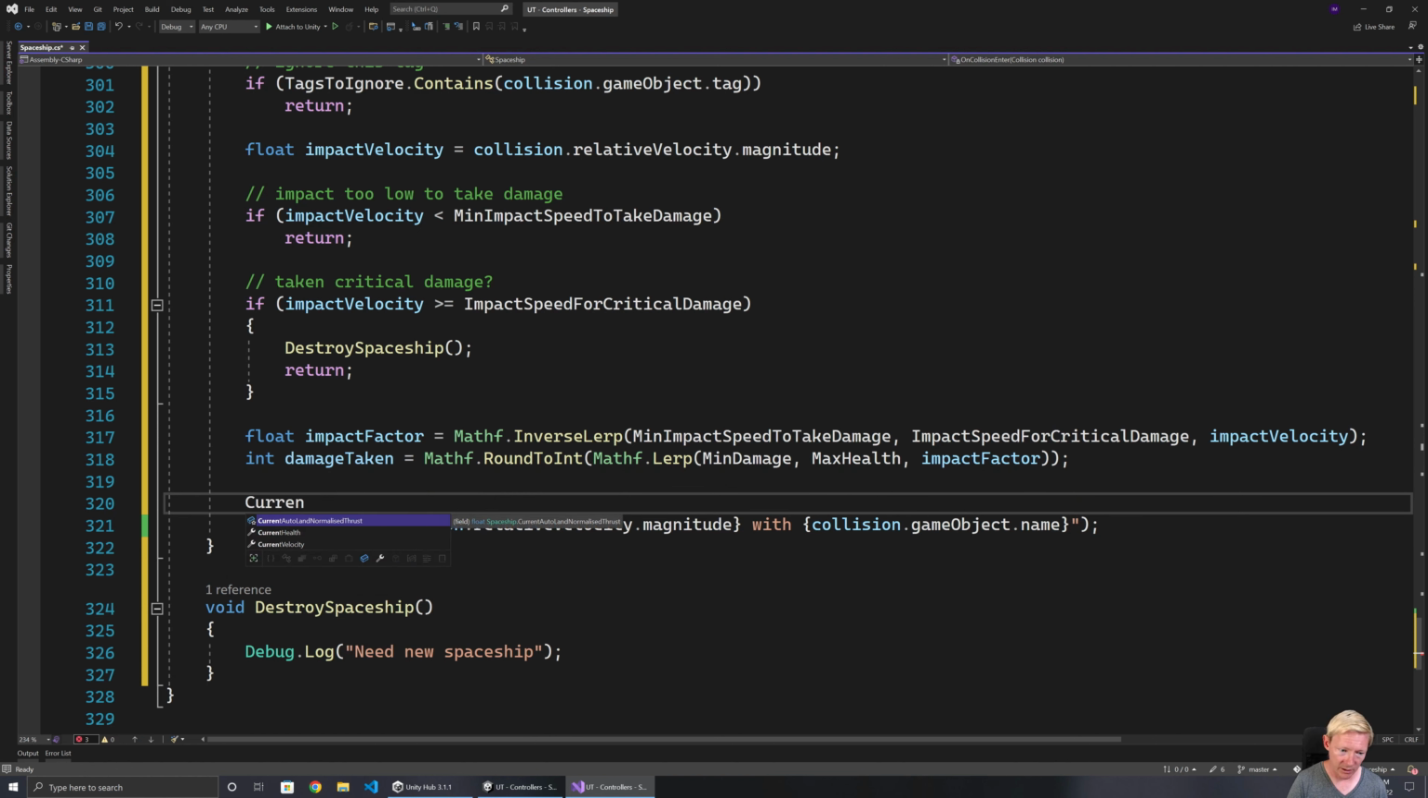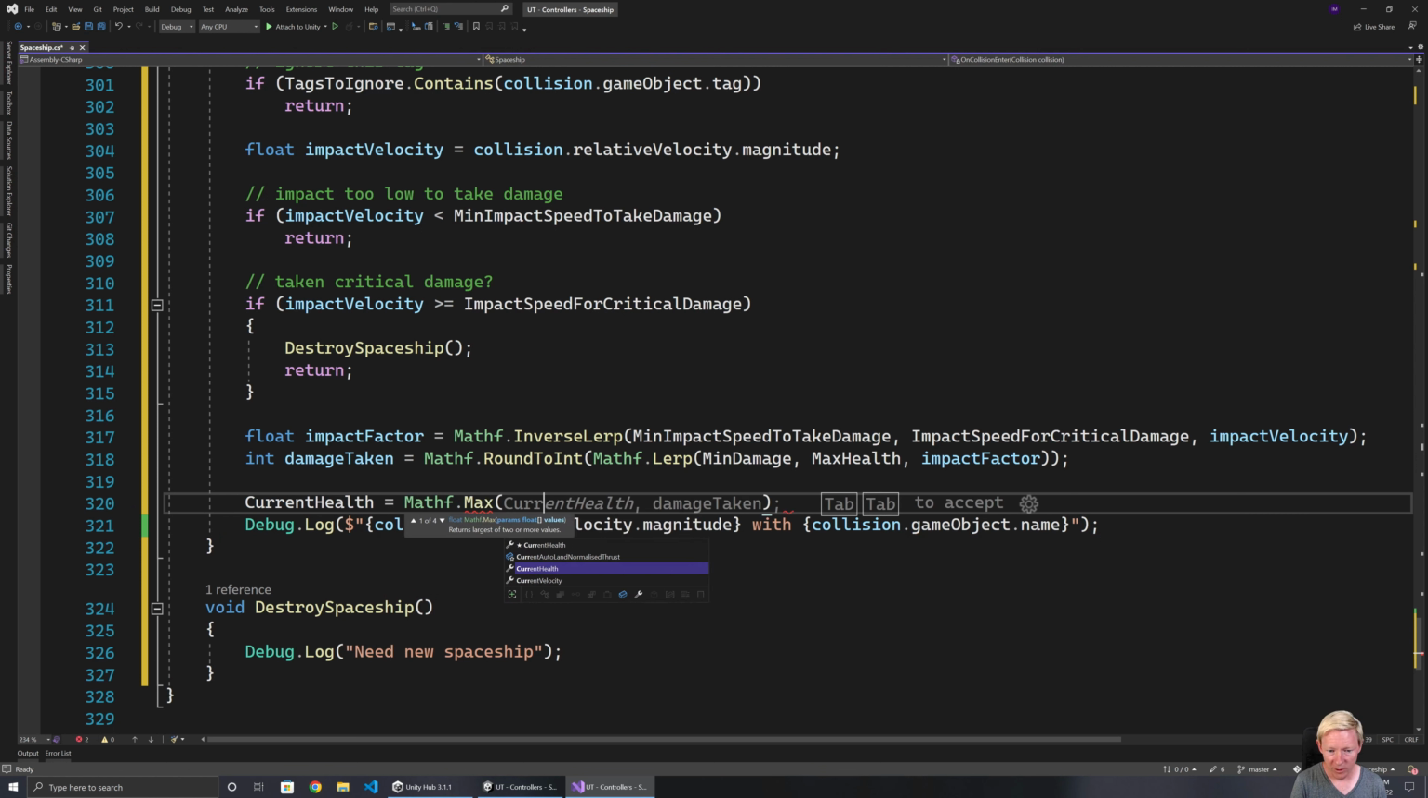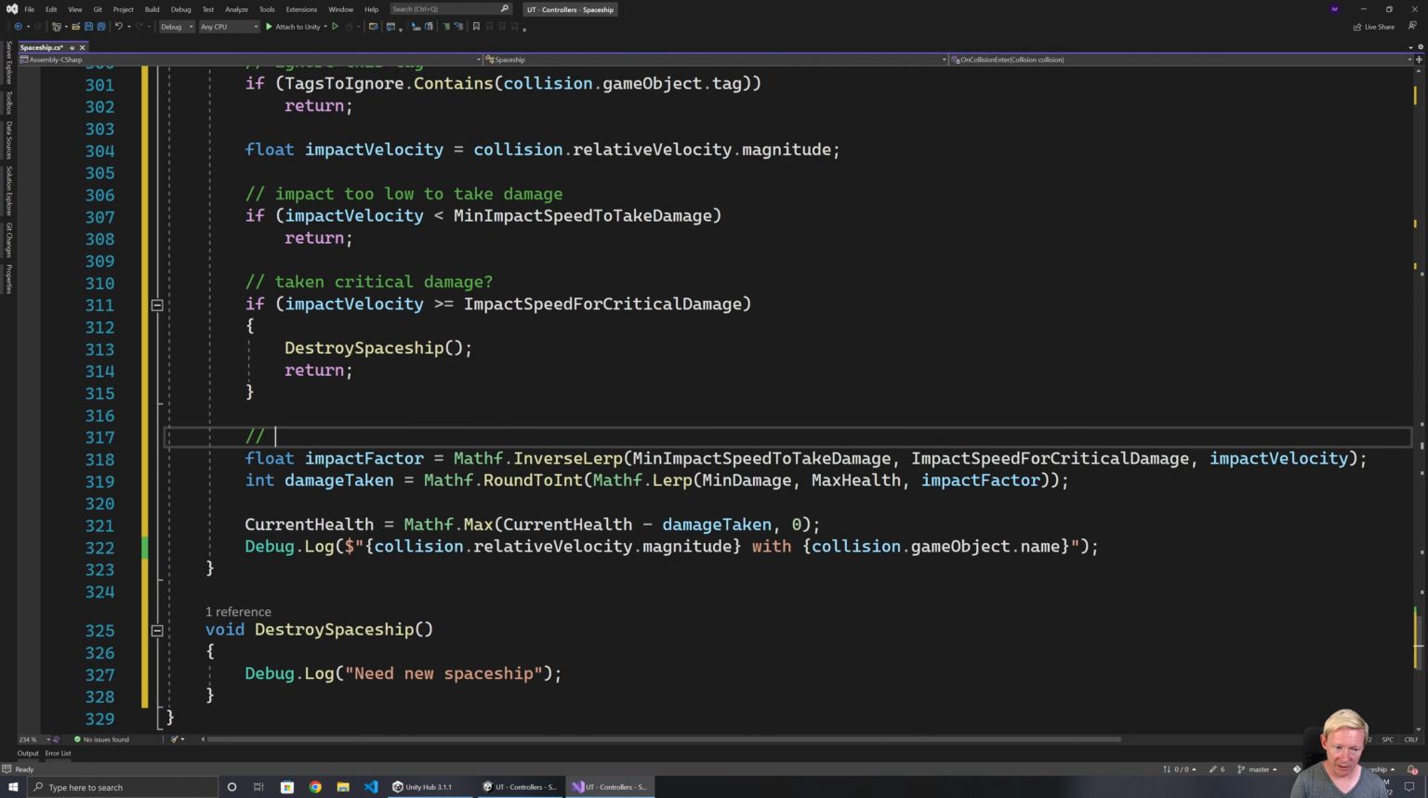So the current health minus equals, except that could make it go negative. So, okay, current health is the Mathf.Max of current health minus the damage taken, and 0. That will avoid it going negative. We'll just make sure that's a 0. So we calculate the damage,